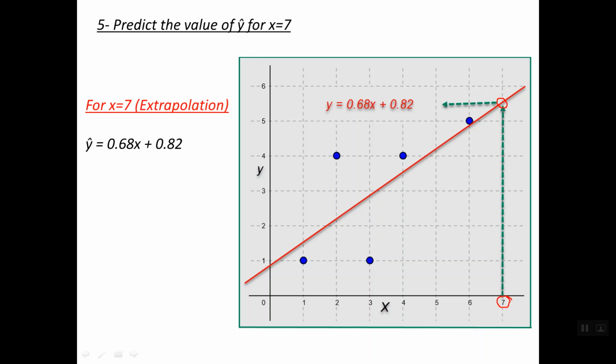In order to determine the value of the predicted y, we simply substitute x equal to 7 into the regression line formula. So the value of the predicted y is equal to 5.58,